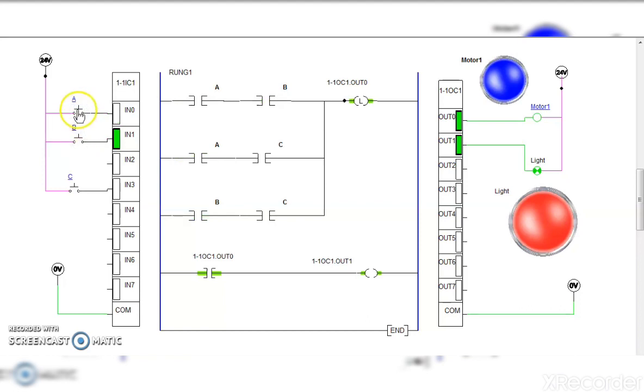Now let's take switch A and C. If A is on and C is on, in that case this part of the rung will work, and it will give the output. Also whenever Out 0 is latched, that means this port is changed, Out 1 will be started, that is nothing but the light. Okay. In this manner, when any two officers come and insert the keys, the output or door will be opened and the light will be on.